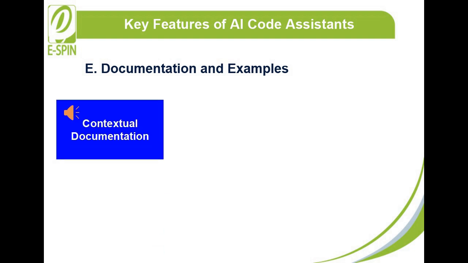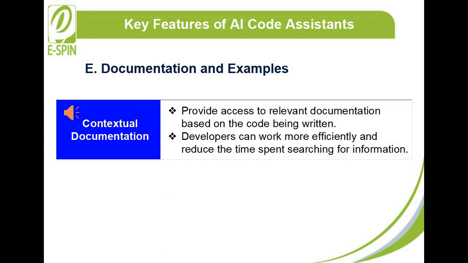Contextual documentation. AI code assistants provide access to relevant documentation based on the code being written. For example, if a developer is using a specific function or library, the assistant might offer documentation snippets that explain how to use it correctly. This feature is particularly useful for developers who are working with unfamiliar technologies or need a quick reference without leaving their development environment. By having documentation at their fingertips, developers can work more efficiently and reduce the time spent searching